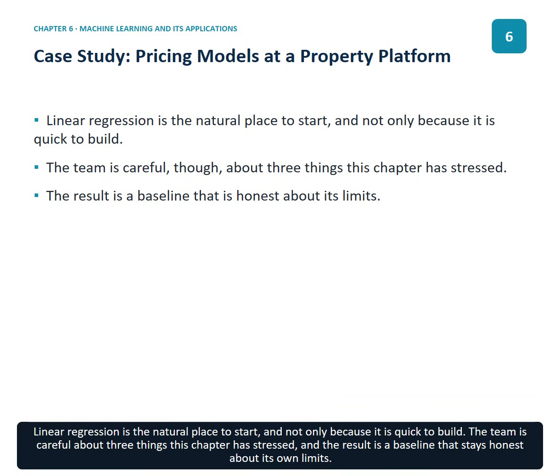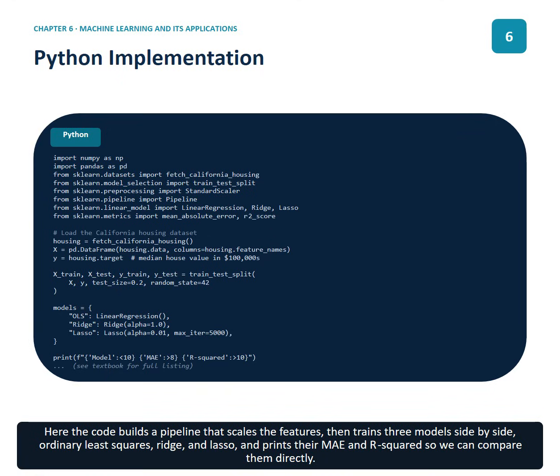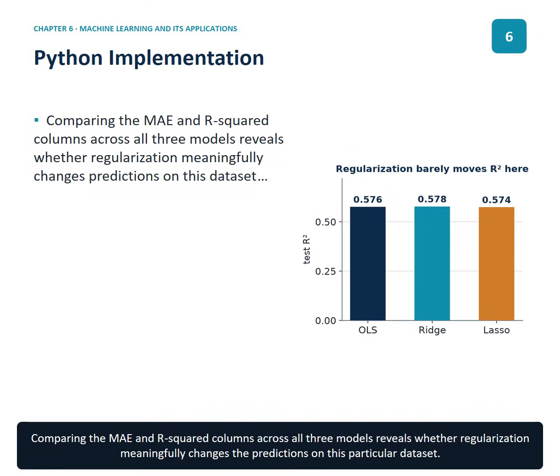about its own limits. The following code reproduces that transparent baseline, scaling the features and comparing ordinary least squares against 2 regularized variants on the California housing dataset. Here the code builds a pipeline that scales the features, then trains 3 models side by side, ordinary least squares, ridge, and lasso, and prints their MAE and R squared so we can compare them directly. Comparing the MAE and R squared columns across all 3 models reveals whether regularization meaningfully changes the predictions on this